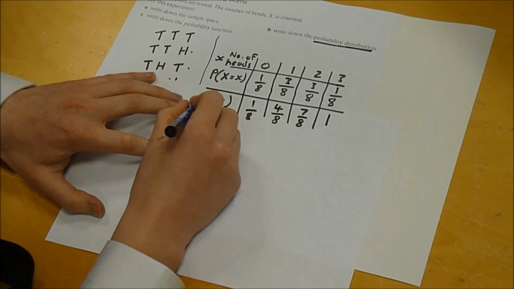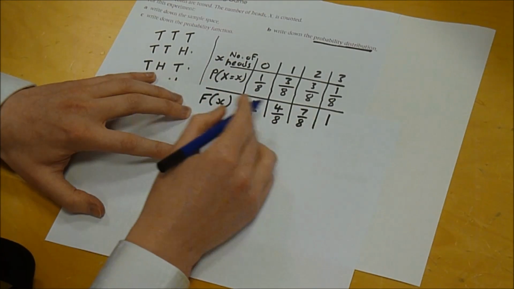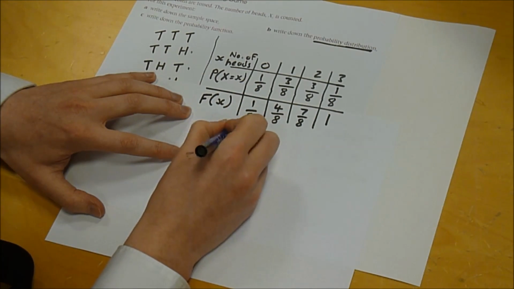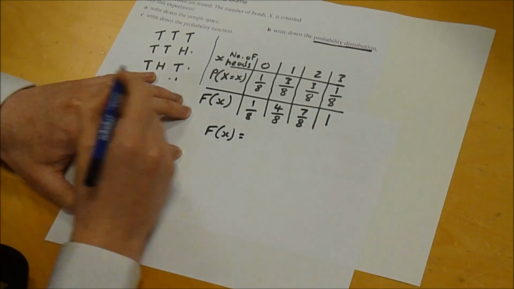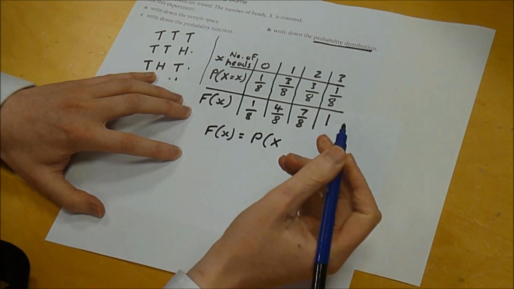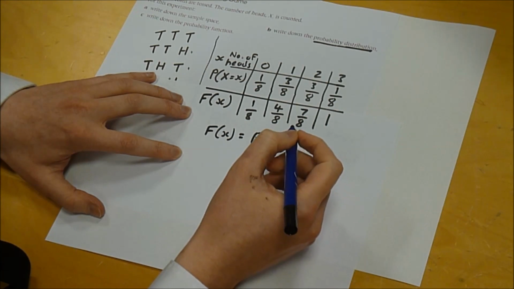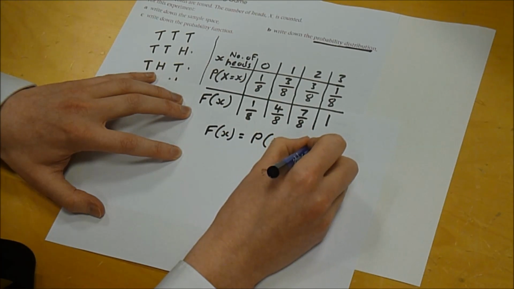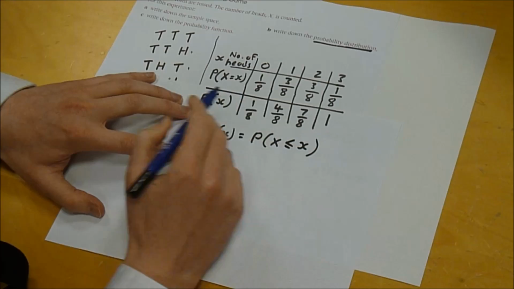Okay, so this F of x, capital F of x, represents this cumulative probability. I suppose we could write it down, capital F of x equals the probability that X is not equal to x, but is less than or equal to x. Okay? Right, I think